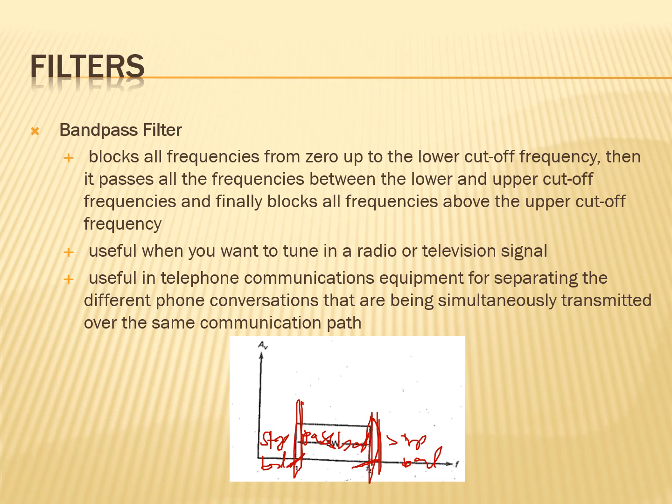And then we have your stop bands. We have two stop bands. The first is below the lower cutoff frequency, and the other one is above the upper cutoff frequency. In these two stop bands, we have infinite attenuation. Then we have two vertical transitions. From stop band to pass band, this is your first vertical transition, and from pass band going to the stop band, this is our second vertical transition.